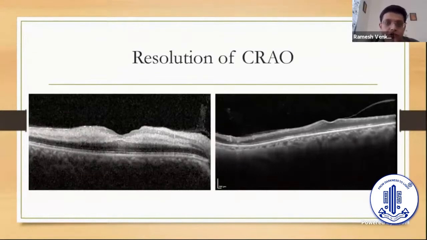With resolution of CRAO, what we have seen is that when there is a resolution of the retinal opacification, it is the superficial retina which resolves first, and then the middle part of the inner retina starts resolving. And finally, you will have a total thinning of the inner retinal layers in a patient